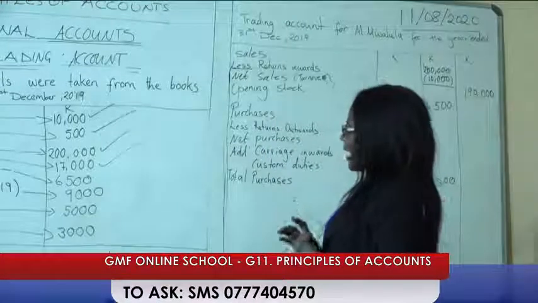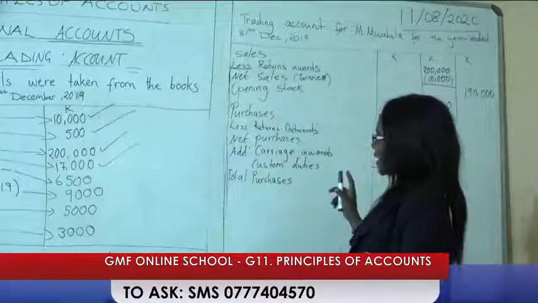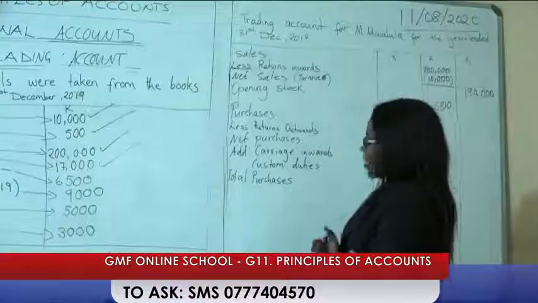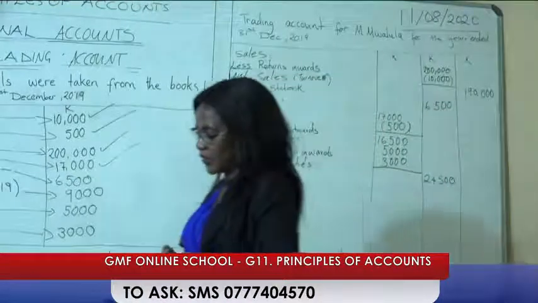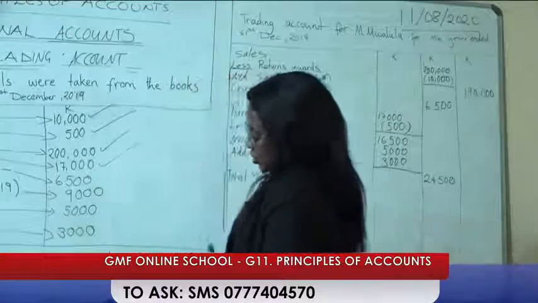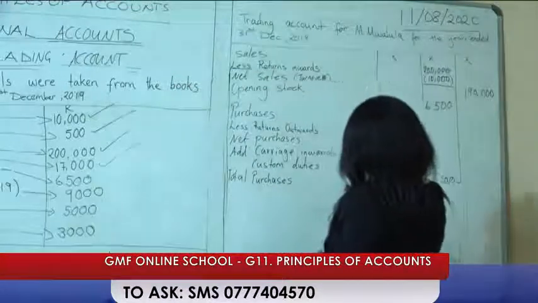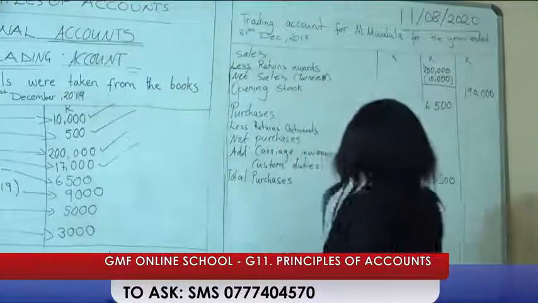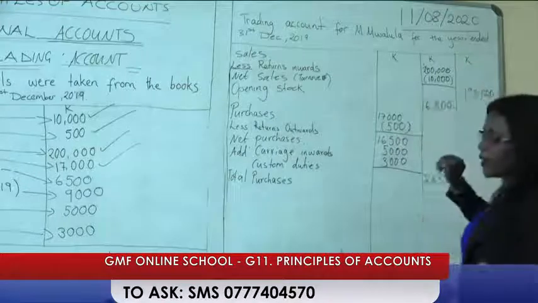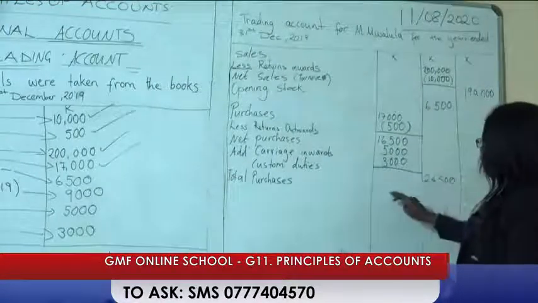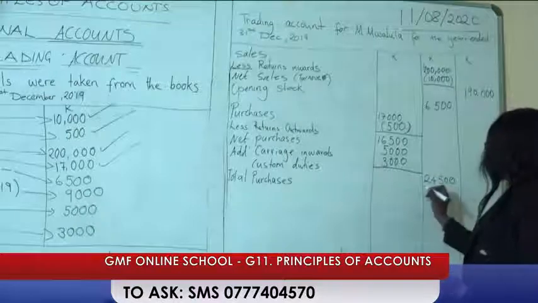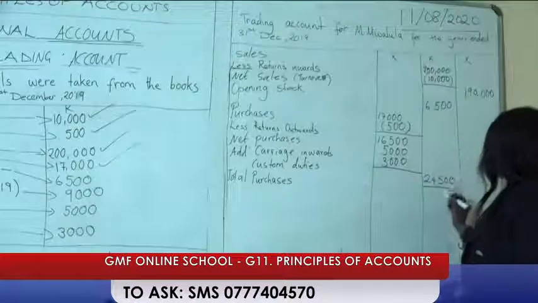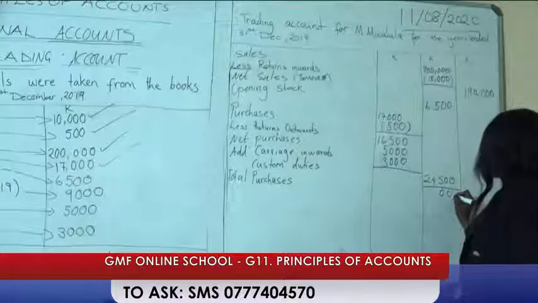So the only adjustment subtracted under purchases are the returns outwards. So after the total purchases here, we are going to add now the opening stock plus the total purchases. Then what you're going to get there is what is referred to as